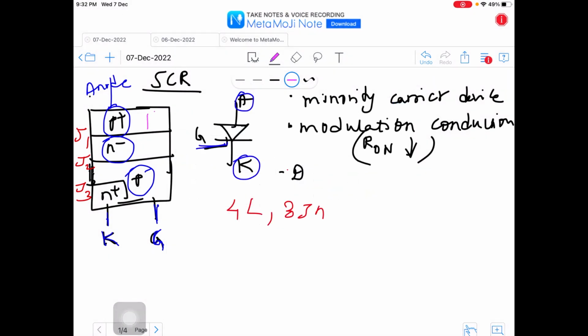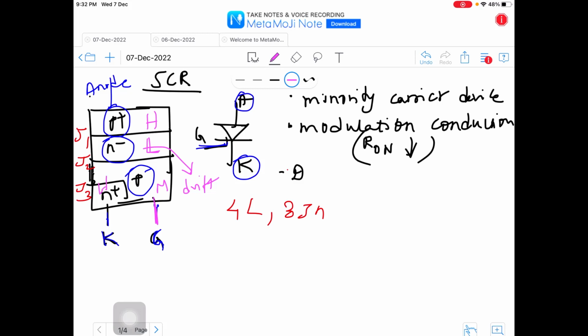And the N minus is called the drift layer, which is lightly doped. And P, where the gate is connected, is moderately doped, and N plus is heavily